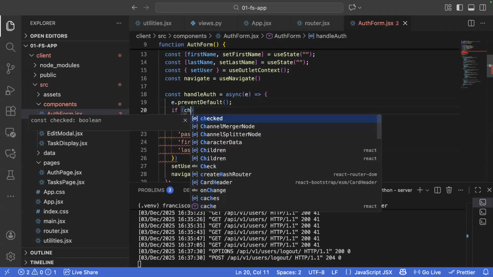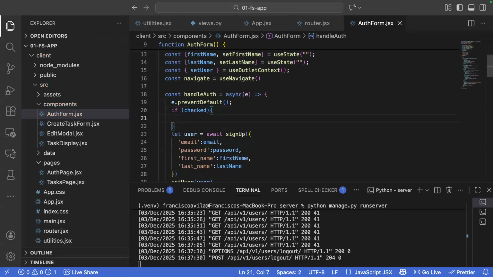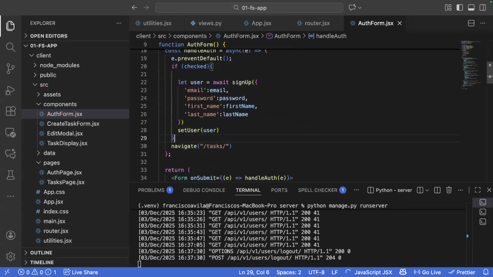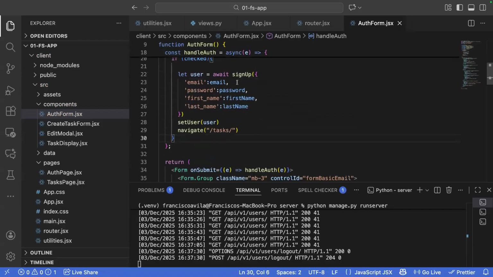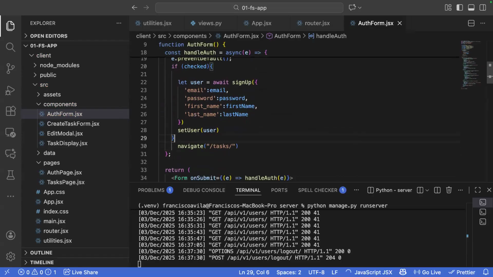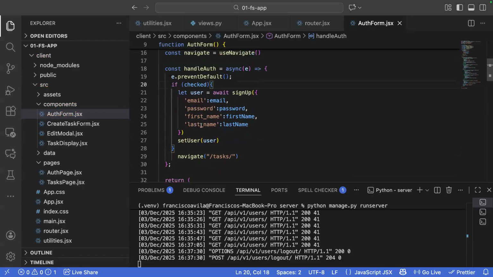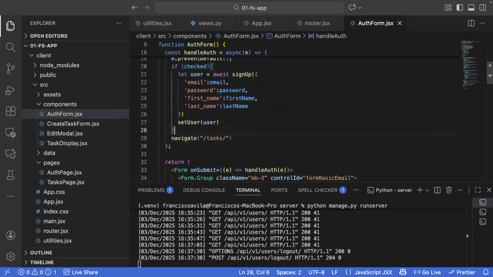I can say if checked, then do the following. Otherwise,